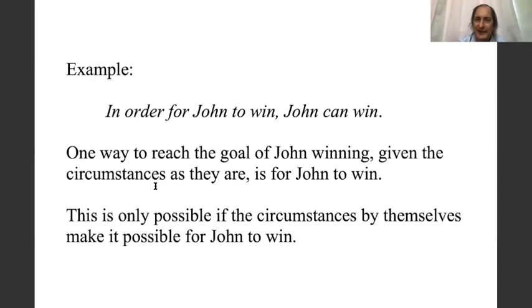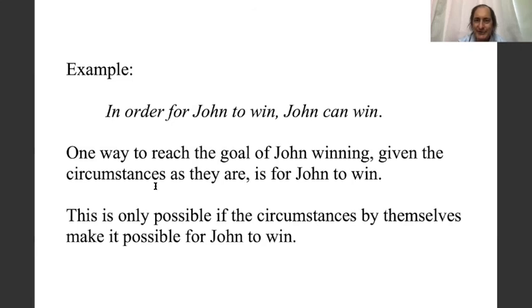John can win as an ability modal means roughly, in order for John to win, or one way to achieve John's winning is for John to win. In order for John to win, John can win. Okay? It looks like it's not really doing anything,